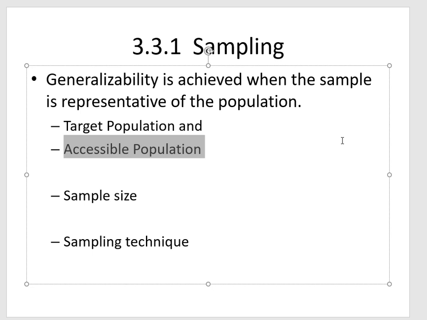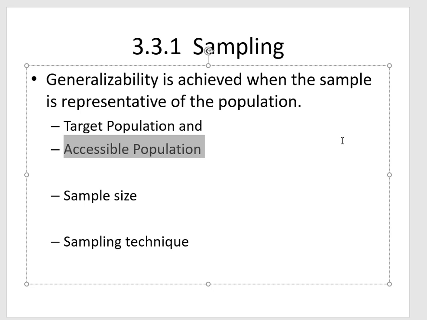Sample size and sampling techniques we will address in a different lecture later in this course. But suffice it now to say that for external validity and generalizability, we have to think about who my target population is and how I am going to get it, meaning, what is my accessible population? And you want to make sure that you get enough people in your sample, so your sample size has to be big enough. And you have to think about what my strategy of getting these people is, what my